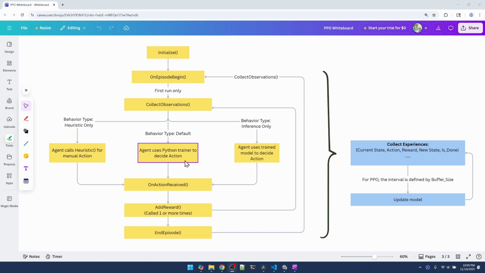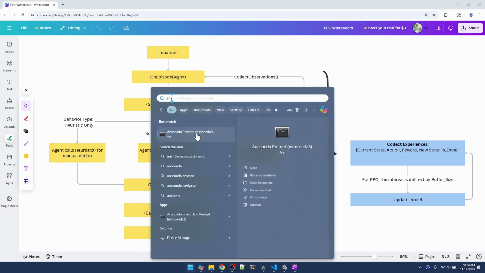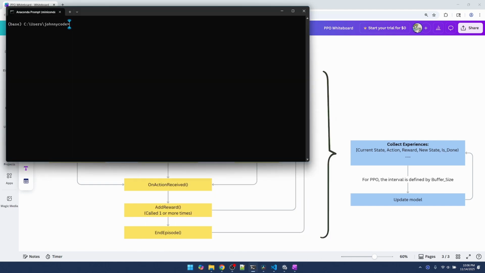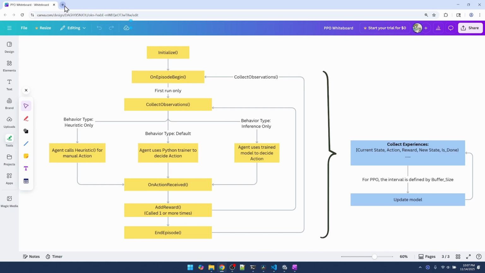We're going to use ML Agents' Python trainer to do the training. So let's see how we can do this. I'm going to open an Anaconda prompt, and then I'm going to activate my environment. This is where I installed ML Agents. So if you don't know what I'm talking about,